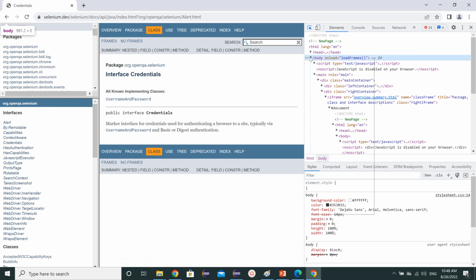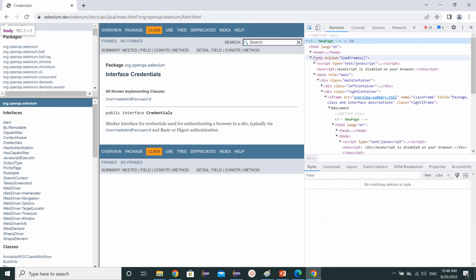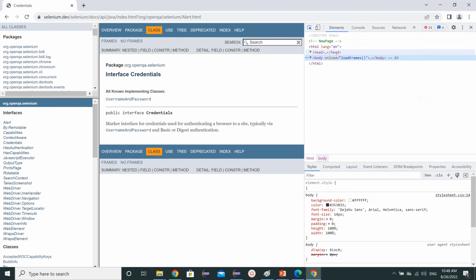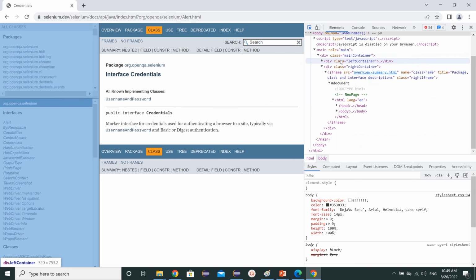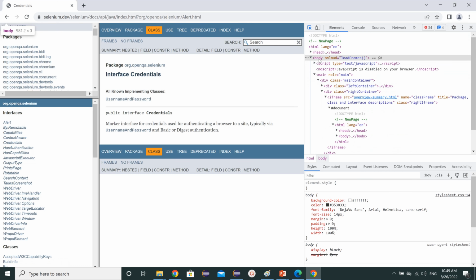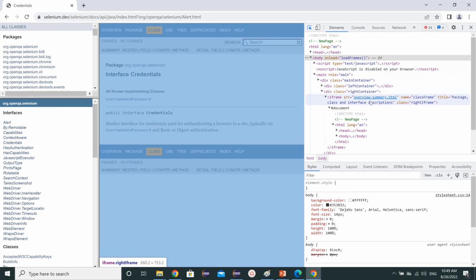Earlier there was an option under head to get the frames, but now right after head it comes directly to the body, and in body we have to find out our particular frame. If we scroll down here, then we can see this is indicating the bigger frame,